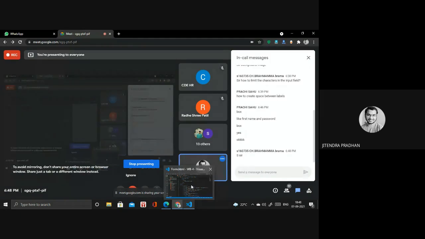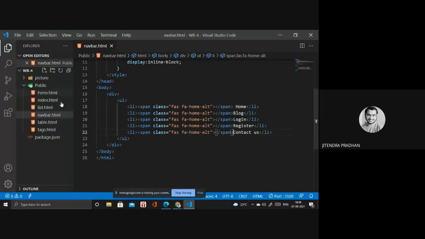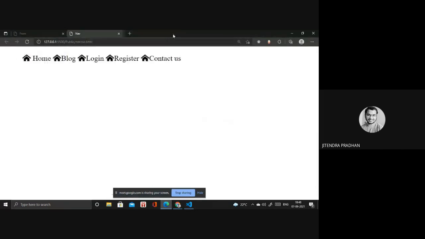Okay, great. So we have to move forward with the nav bar, right? Close that one.